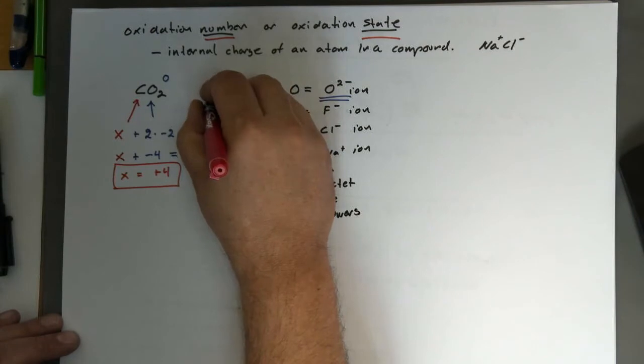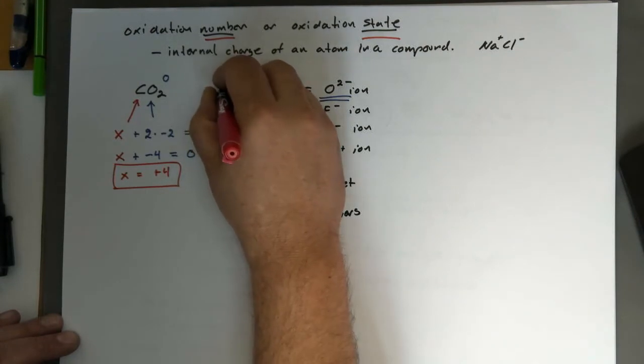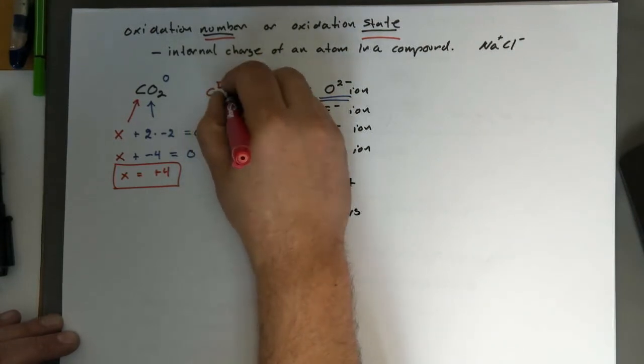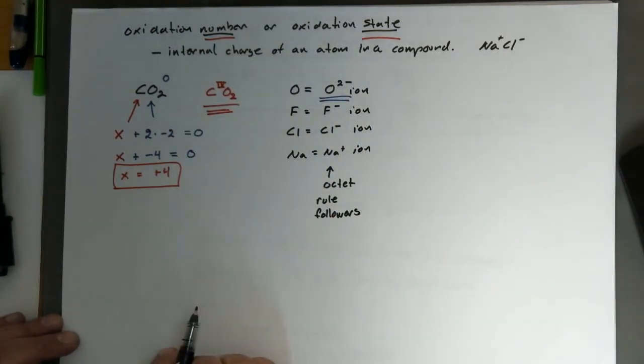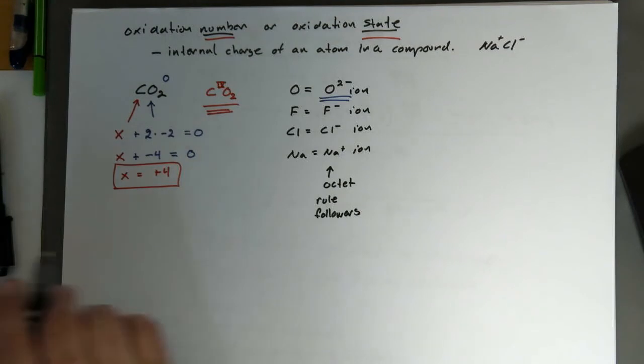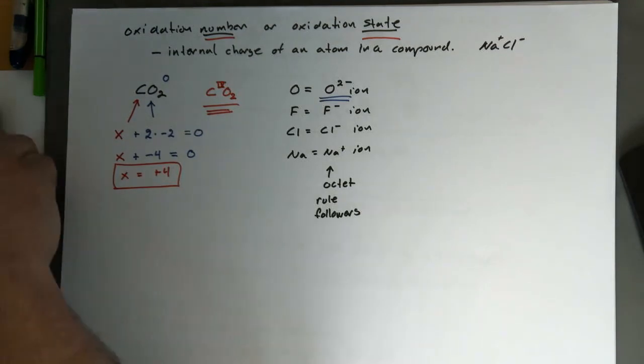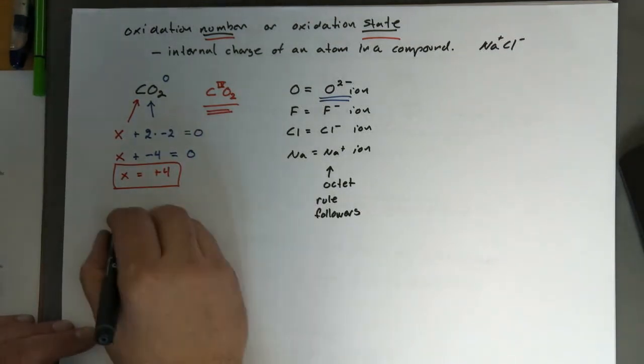This can be indicated in lots of different ways, but it's quite common to do it like this with Roman numerals, although no one ever does it for carbon dioxide. But it can be handy in other cases. Let's do another example. Let's look at